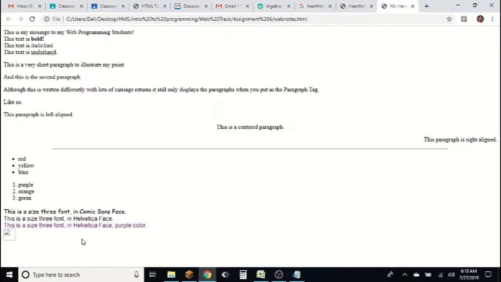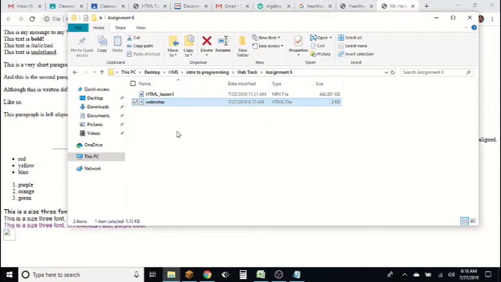So now there's the file. There's the image code, but there's no image there. That's because I did not place the image here within this folder. So now we're going to talk about your local files and having things where they should be. So right now I have web notes saved in assignment 6. What I don't have in here is the